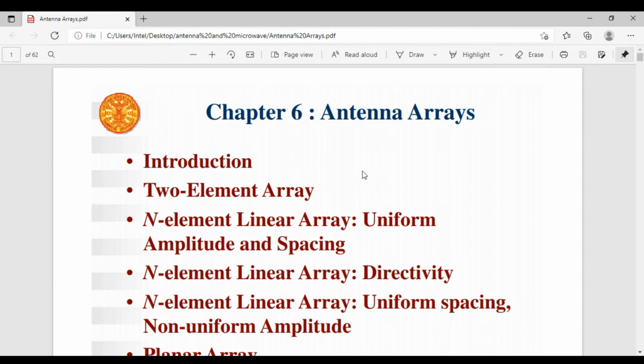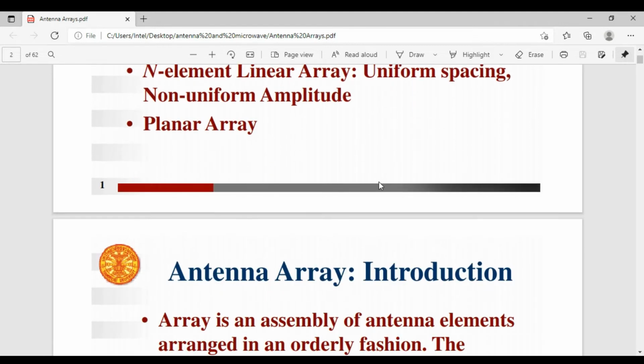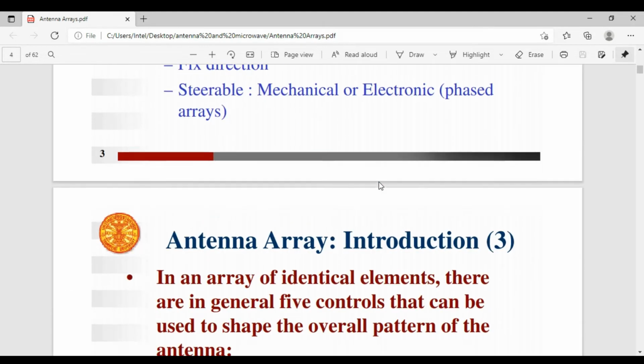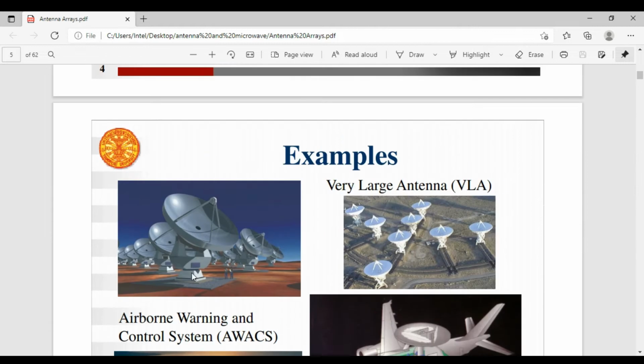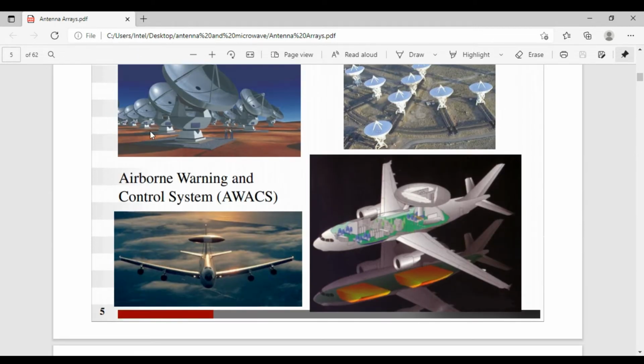If we are having a dipole antenna, then two or more dipoles are connected. Here we can see the dish antenna, so a number of dish antennas are connected together. When we are combining the gain of an antenna, the amplitudes get multiplied and the phase components get added.